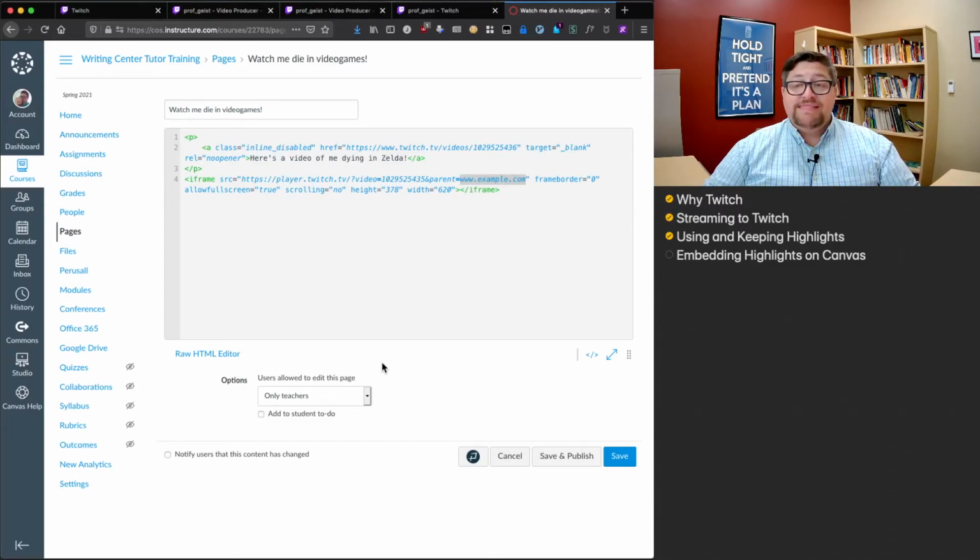www.example.com, we're going to replace that with the domain of our LMS. So it's easy to find that. It's just going to be right here in the URL bar. So for my institution, that's cos.instructure.com. Now, when I save this,